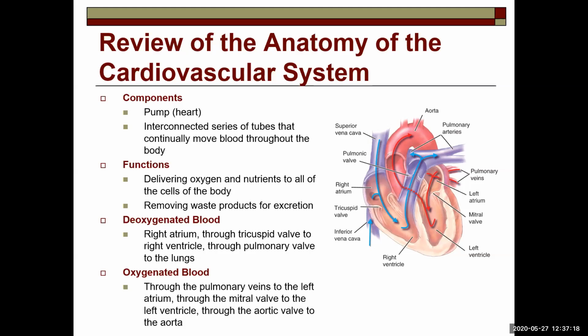Also, talking about the different valves that we have. We know that we have the tricuspid valve on this side. We have the mitral valve coming in here. And we know all the blood coming in from the lower body goes into the inferior vena cava, where we have deoxygenated blood going into the right atrium, and then deoxygenated blood coming from above your heart through the superior vena cava, coming in to go through the tricuspid valve, and